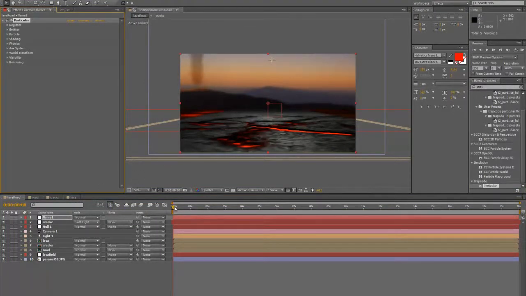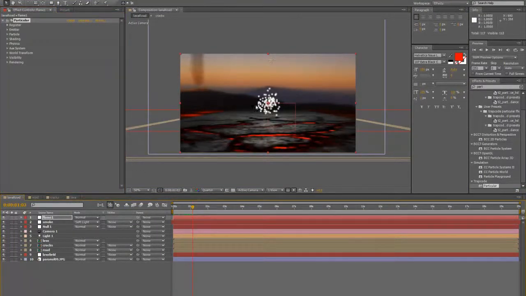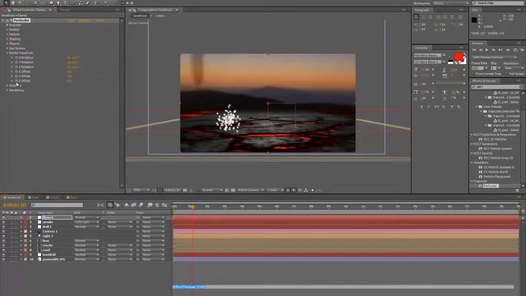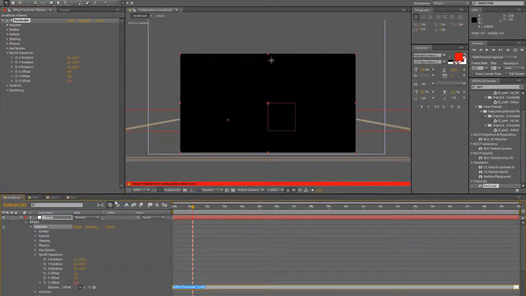to it, and if we scrub through the timeline, there we see the particle system. Now we're going to have the particles maybe around about here, I think. We'll drag them over to there. But we actually need the emitter of the particles to travel with the road. Now remember, we created the null, so we're going to use the Z offset of this null to drive all of our elements that are coming towards us, including the Z offset of this particle system. So if we go into world transform of the particle system and we alt click on the Z offset, the stopwatch, to give it an expression,